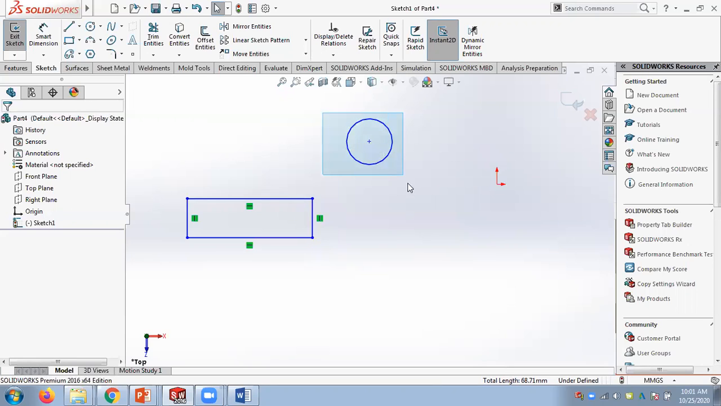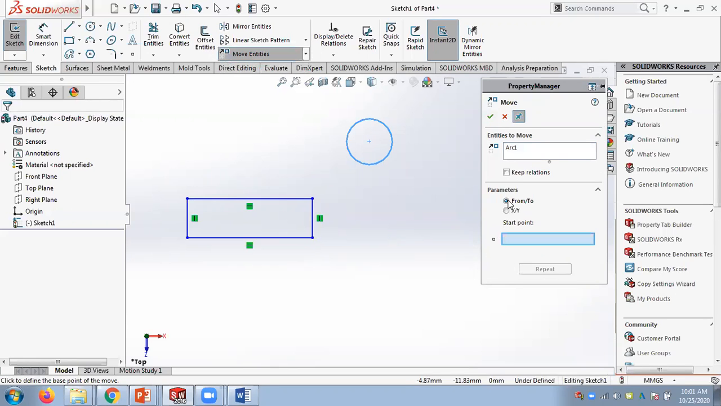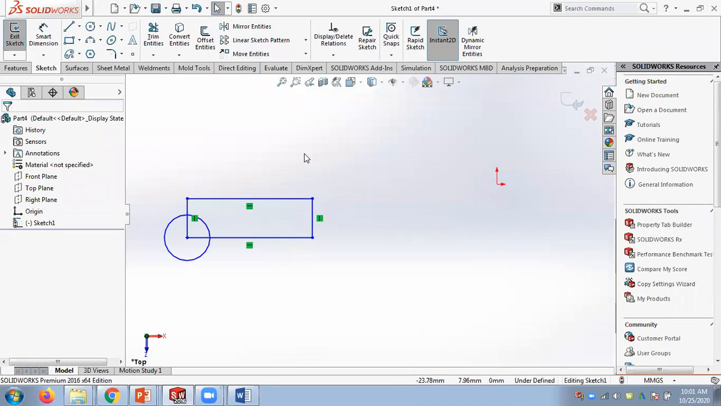So you select this circle and go to the move tool. Use the from-to method, from here to here. So you can move it like this. If you want to get a copy of this circle here and here, what we can do is